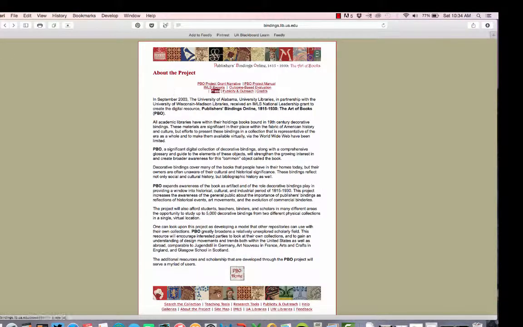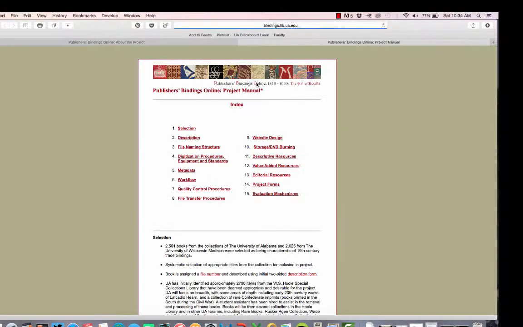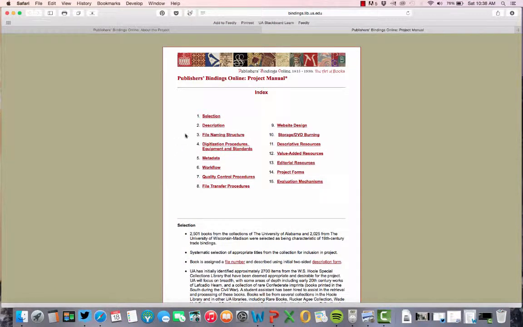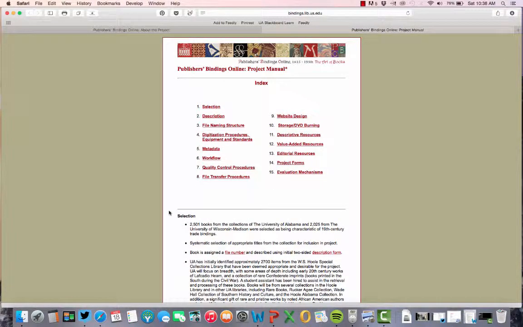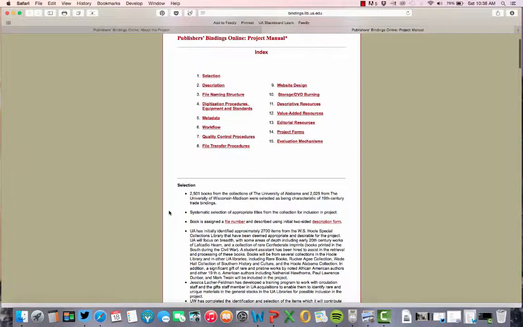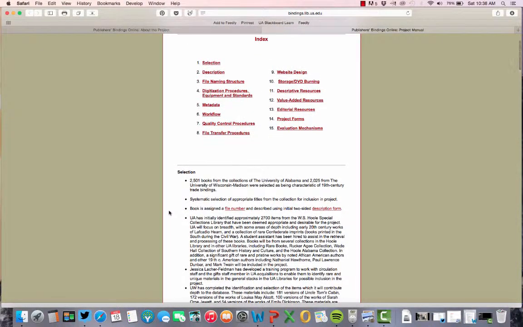Back here, we also have the PBO project manual, which covers selection, description, file naming structures, all the way down to the metadata, project forms, editorial resources, all this good stuff, which is basically the how-to manual of this entire